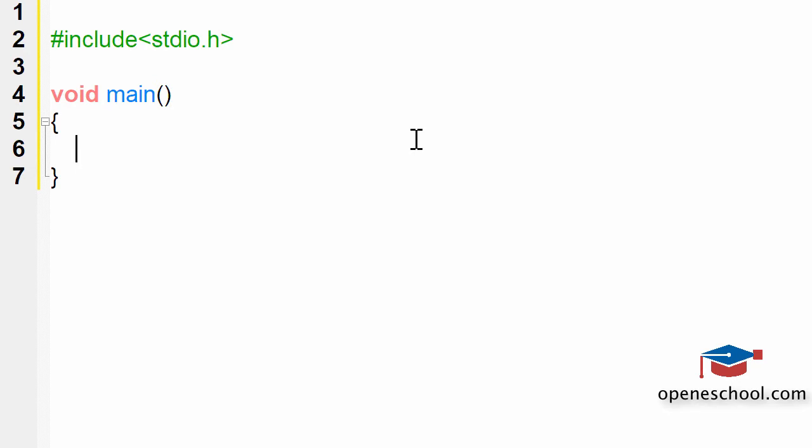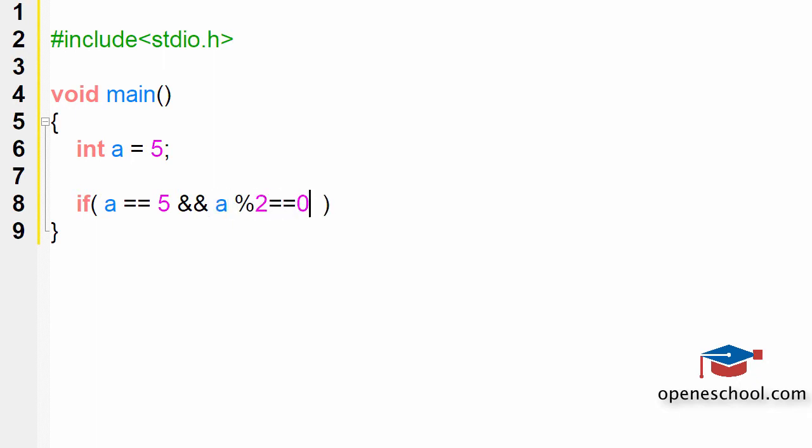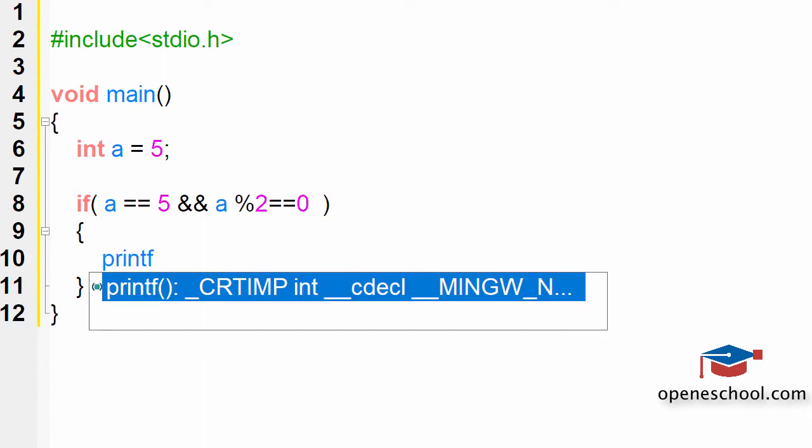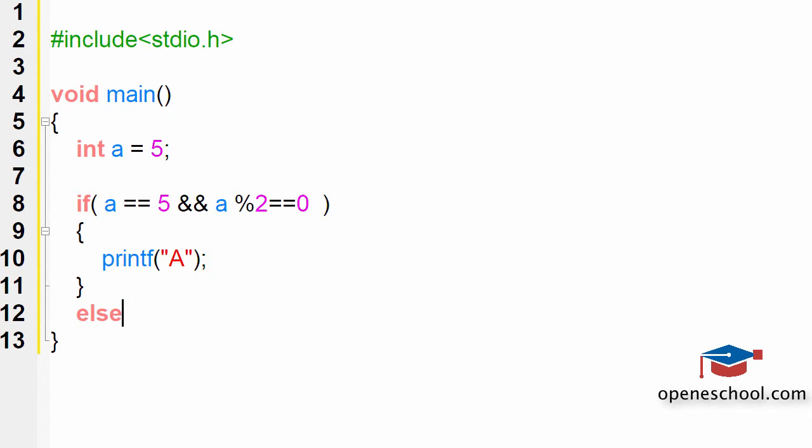Now let's see how we can use the AND and OR operators when writing simple conditional statements using the C program. So let's start by writing a very simple C program. I've created the main function, and in this function I've created a variable a and I've given it a value 5. Now I'm writing a conditional statement. Notice how I will be writing this statement. So inside the if block, I'm writing if a is equal to 5 and a modulus 2 is equal to 0, then print a, else print